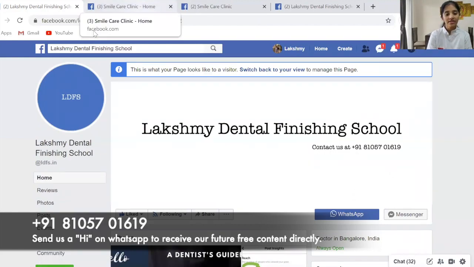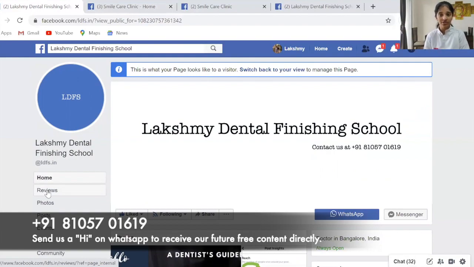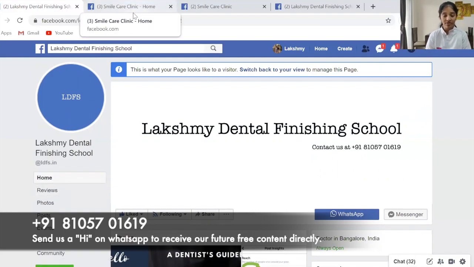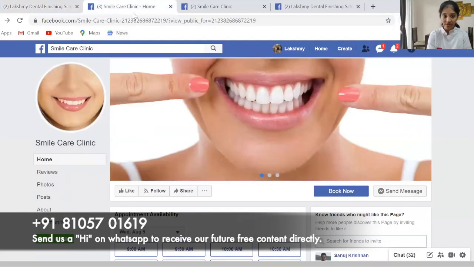Now, these are the common things which are there. Another common thing is the reviews. Add reviews of your earlier patients, maybe photos of your before and after cases. So, like in Smile Care, I will add photos of my before and after cases if I have. This is a dummy profile I'm creating, but if I have, I can create those things. If you're a pediatric dentist, you can put some rehab.